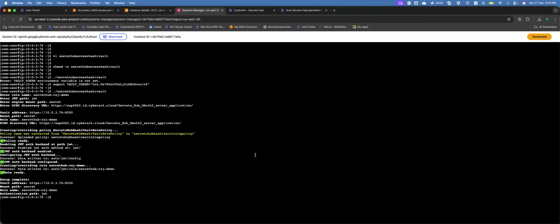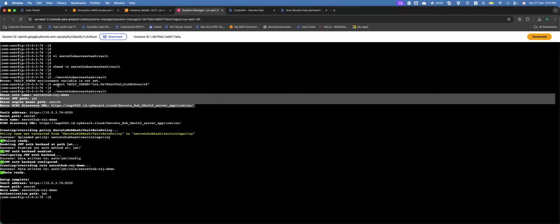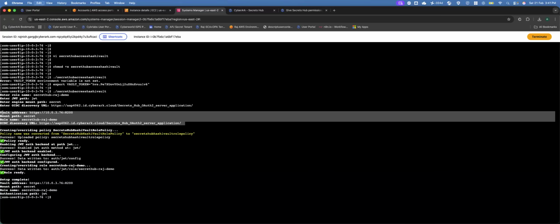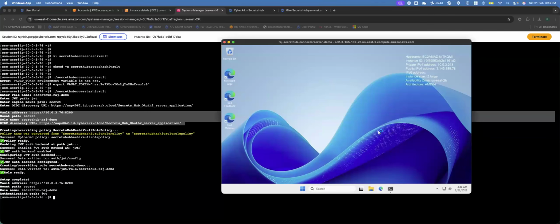So we have completed most of the settings on the vault side. So let me copy these names that I configured, so that we will have to configure some of these settings on the CyberArk Secret Hub page as well. Let me copy this one as well. So beyond that, what we are going to do, we are going to go to our Windows VM